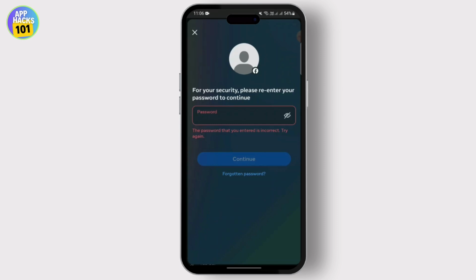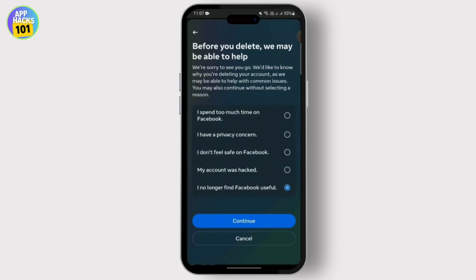After entering a password and confirming your deletion, you'll get a notification saying that you can recover your Facebook account for 30 days, but after 30 days, your account will be permanently deleted. So what you can do to recover it, you just need to